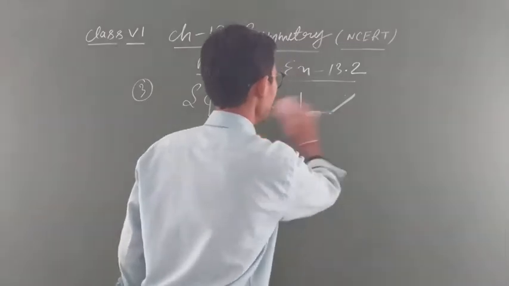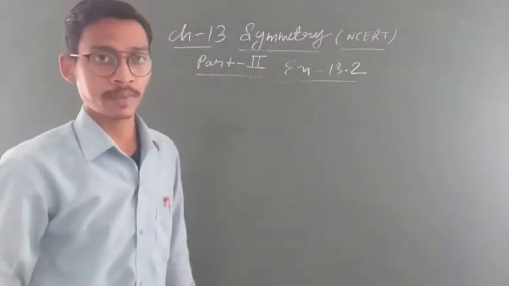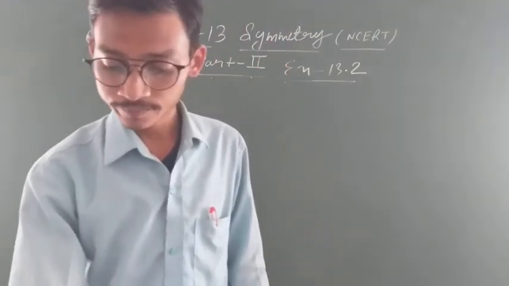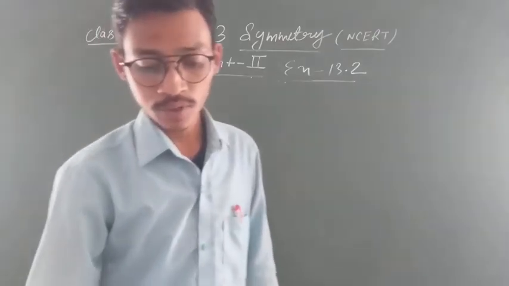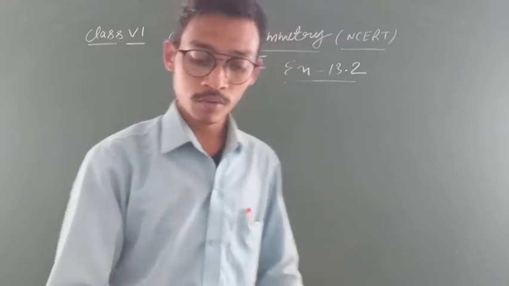Circle, can you tell me how many lines of symmetry a circle has, student? So you know that a circle has unlimited lines of symmetry. What? Unlimited lines of symmetry. Clear everyone? Same, rhombus is given, isosceles triangle is given, rectangle is given. So now I think you are able to solve.